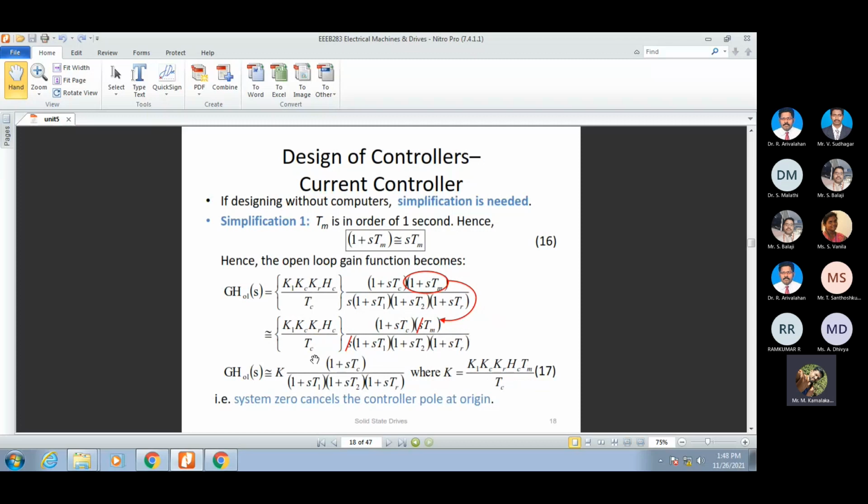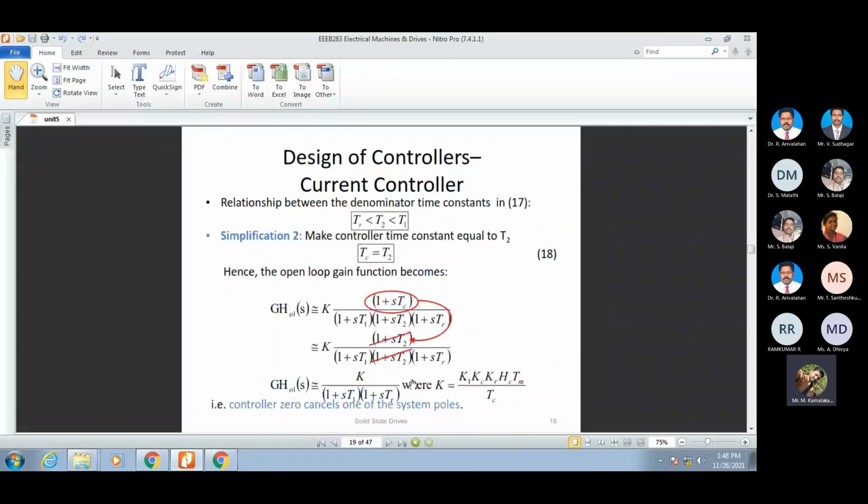So the 4 pole system is getting reduced to a 3 pole system, and the order of the system also becomes 3. So now we are again going to reduce this third order system to a second order system. For that, we are again doing the simplification with the known parameters within our boundary limits. We came to know that in the denominator exist the time constants T1, T2, and TR. The TR value is very, very much lesser than T2, and the T2 value is very, very much lesser than T1.